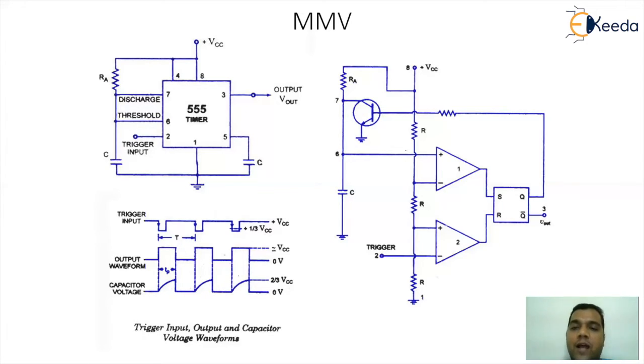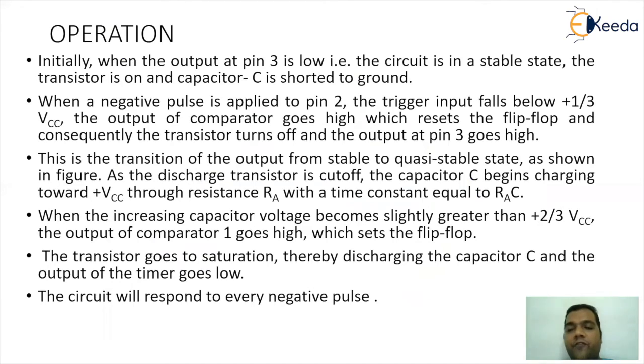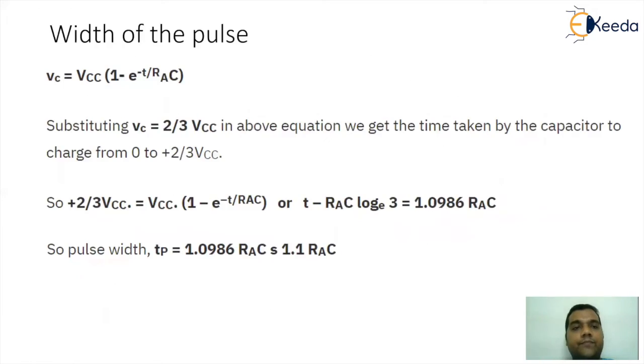So it is as good as you give the trigger and you get a response. If you don't give the trigger, you will never get a response. So here I have explained carefully the entire operation that we have discussed with the circuit diagram. So let's go ahead and go for the calculation of the on time of the pulse.